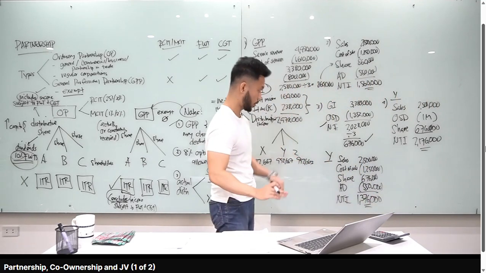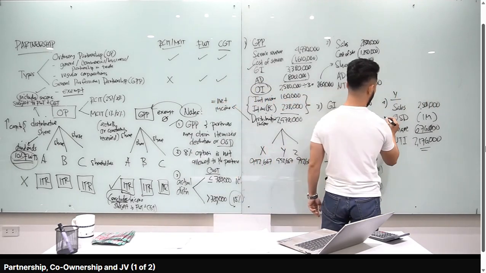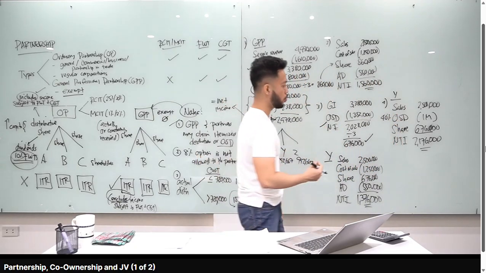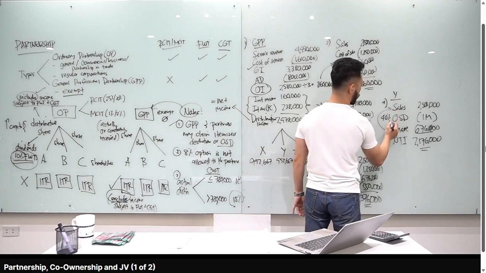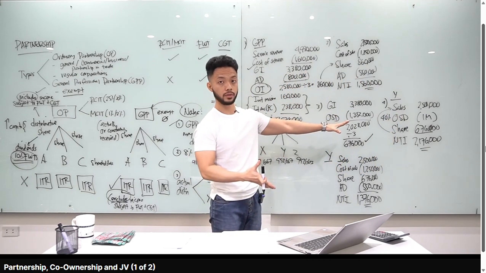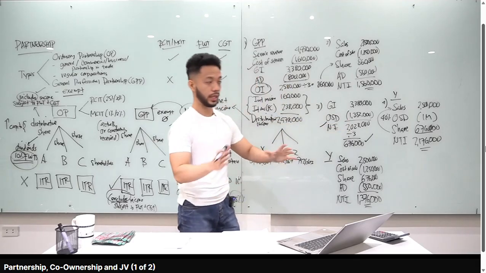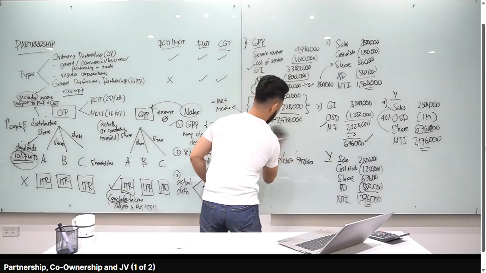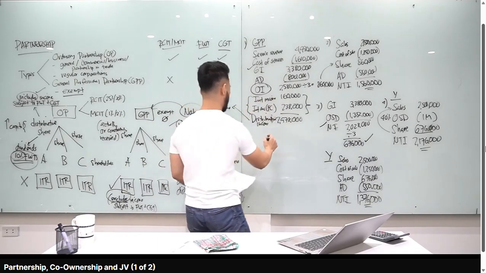So, class, ito mahalaga. Very important. Yung OSD na 40%, okay, ang basis niya yung gross sales or receipts. Huwag mong isasama yung share dito sa gross sales or receipts. Okay? Hindi ka pwede mag-multiply ng 40% dun sa share. Ganito kasi yung rule, before TRAIN, before CREATE. Para lang inform kayo. Ganito kasi yung class. Sa GPP and partners,